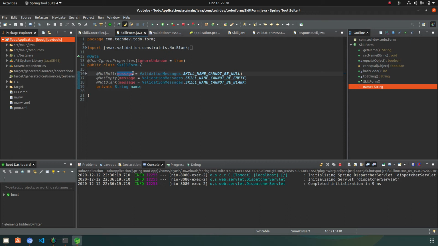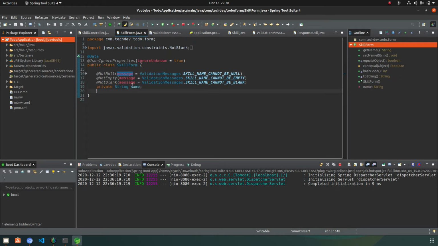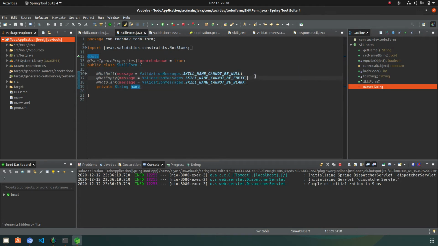Means you need to create some kind of grouping, and after that create a sequence that defines in which order these validations should be performed. That means if I am passing null, then first it should check for null. If it is not null, then check for empty, and if it is not empty, then check for blank. So this order should be maintained.